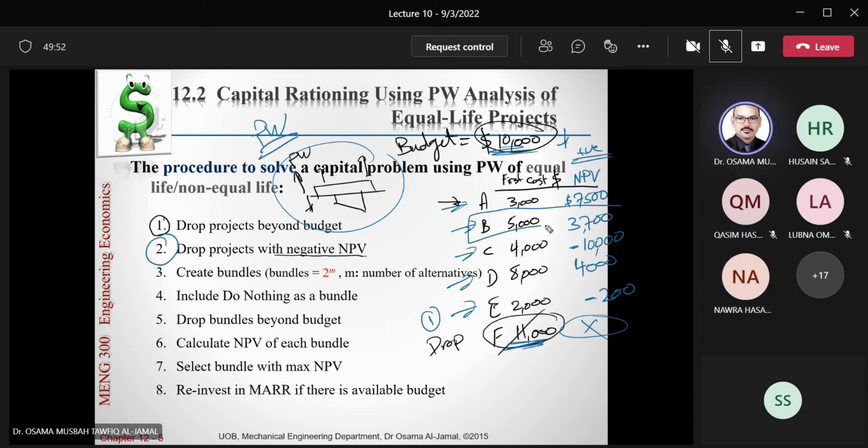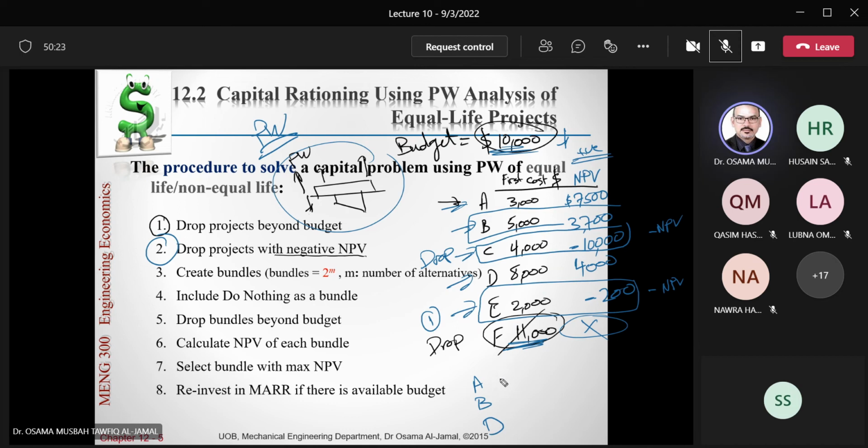C and E. This is drop because of negative NPV, and E negative NPV. What is left? We have project A, project B, project